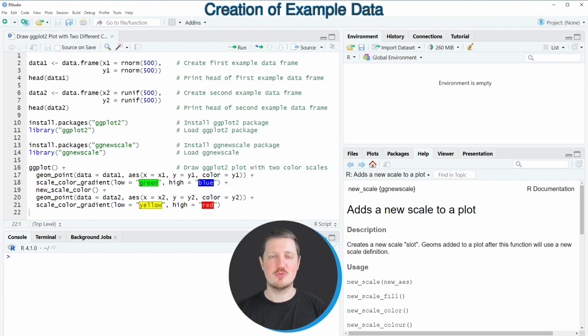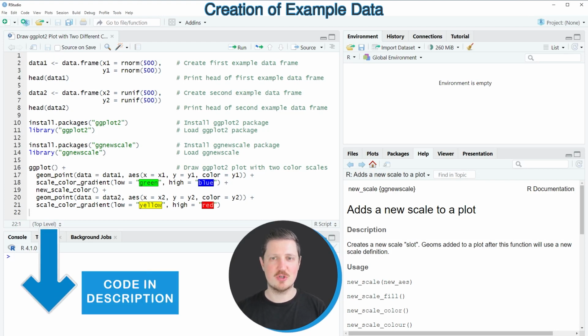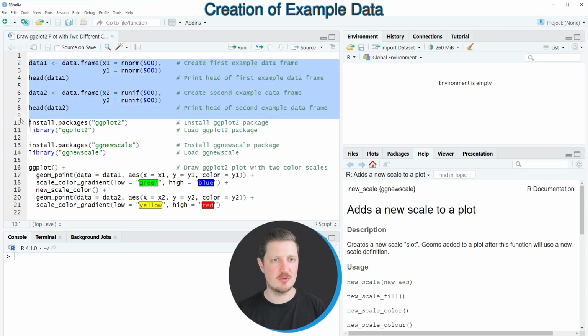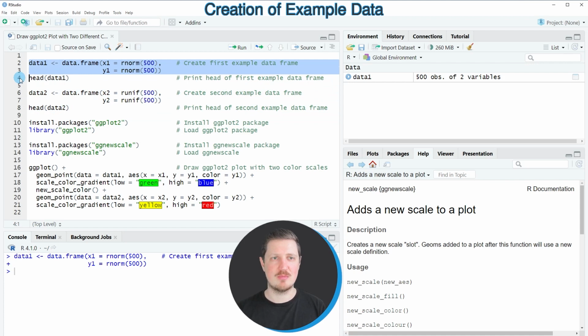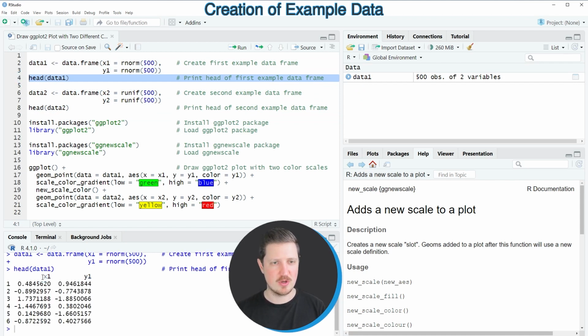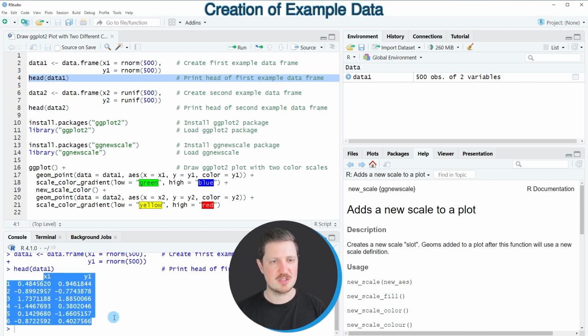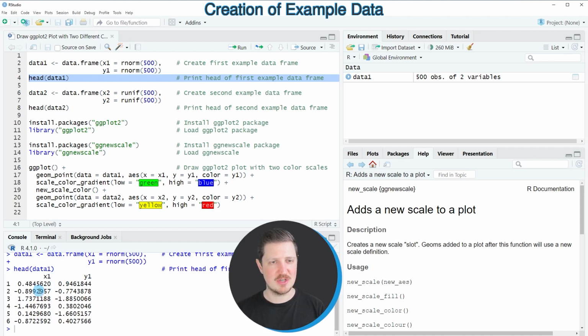In this video I will show you an example, and for this example we first need to create two data frames, as you can see in lines 2 to 8 of the code. In lines 2 to 3 of the code I'm creating our first example data frame called data1. And we can use the head function, as you can see in line 4 of the code, to print the first 6 rows of this data frame to the console at the bottom of RStudio. And as you can see, our data frame contains two columns called x1 and y1,